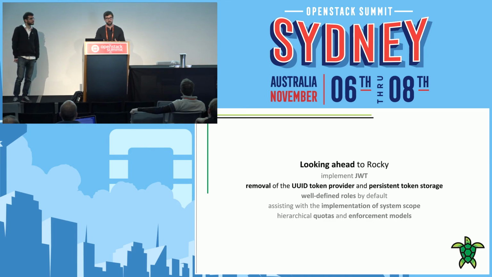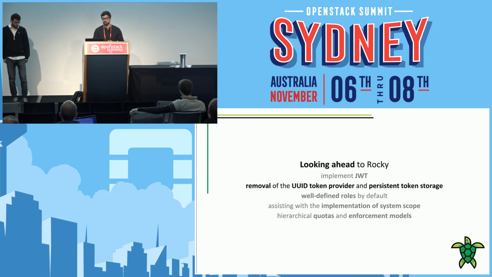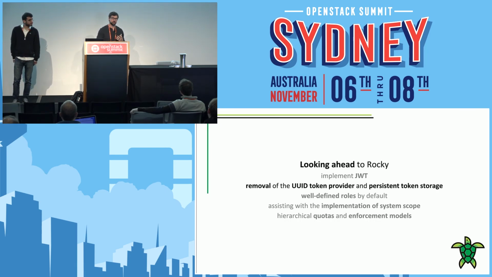The only really good reasons we have for keeping these around is that it offered a backup in the event that there was ever a security issue in the Fernet specification or the Fernet implementation that Keystone consumes itself. So we've wanted to try and help maintain that specification of Fernet. We've had varying luck with that, but moving towards something that's already based on an open standard, like JWT, it has an RFC, it has a community built up around it, it's being used in other communities, kind of mitigates that concern. We can implement JWT and fall back on Fernet in the case that there's ever a security issue,